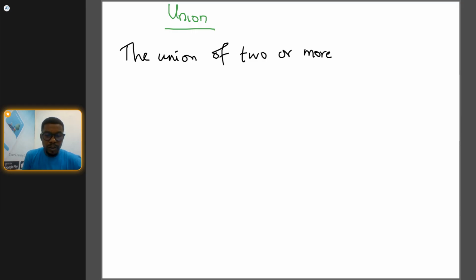Union of a set: the union of two or more sets is the